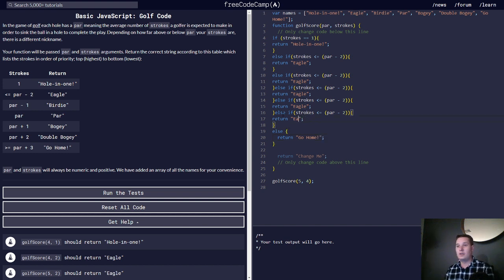So this is double bogey, and we'll do par plus 2, par plus 1, and this actually just becomes par. Let's say birdie, par, eagle, this is a bogey, a double bogey, and if you get more than 3 over the par, then it's